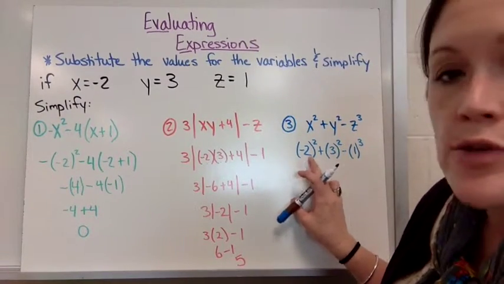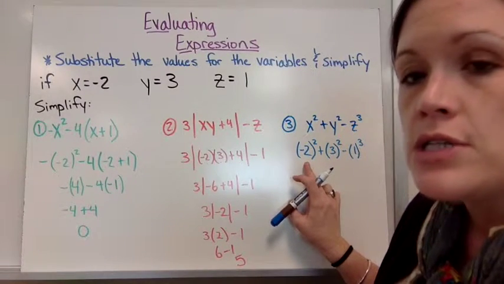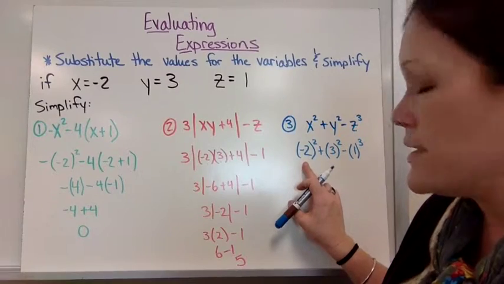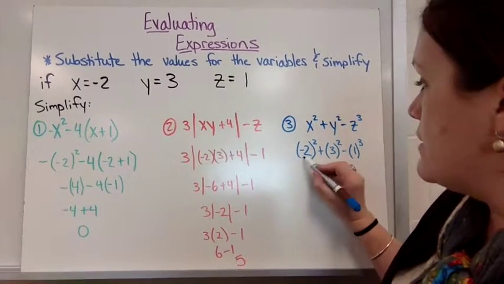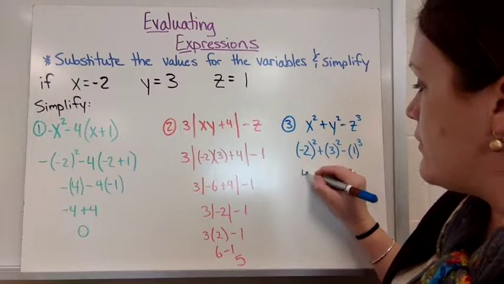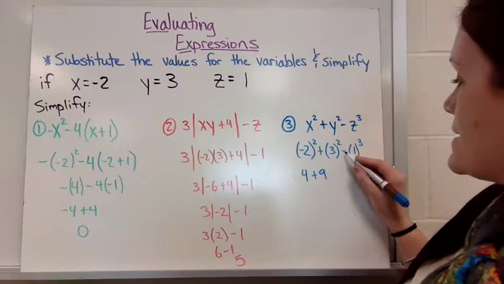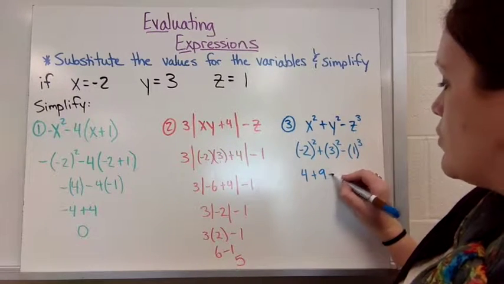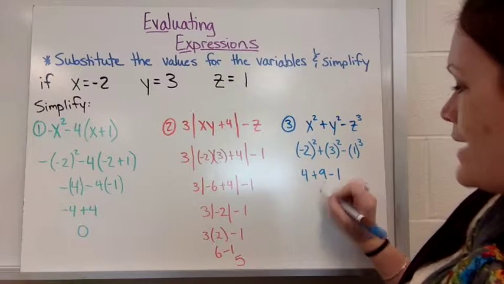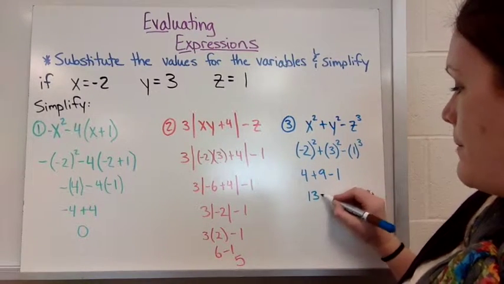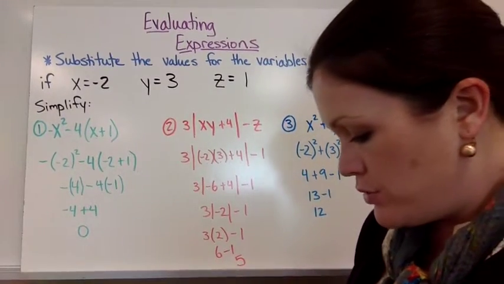And always make sure if you type -2 squared or any negative number in your calculator squared, you need to put it in parentheses. Otherwise your calculator does not read it the way you think it does. So -2 squared is 4, plus 3 squared, which is 9, minus 1 cubed. 1 times 1 times 1 is still 1. So 4 plus 9 is 13, minus 1 would be 12. So these were 3 examples. There are many